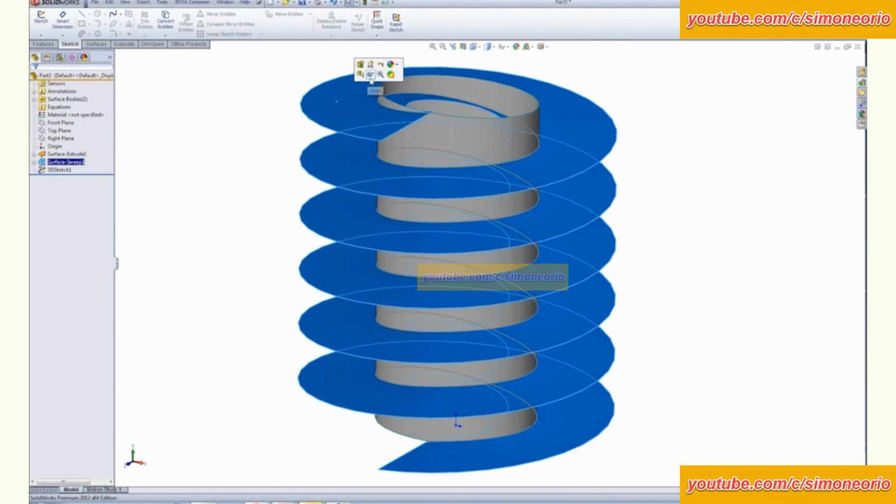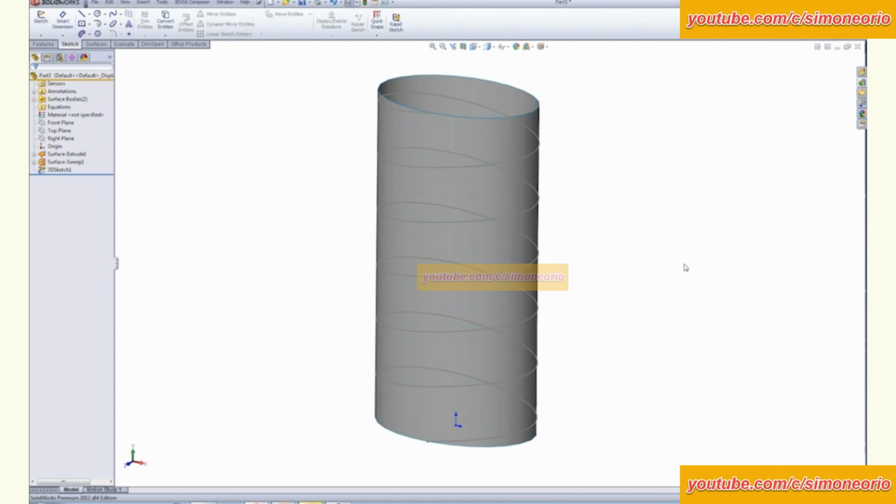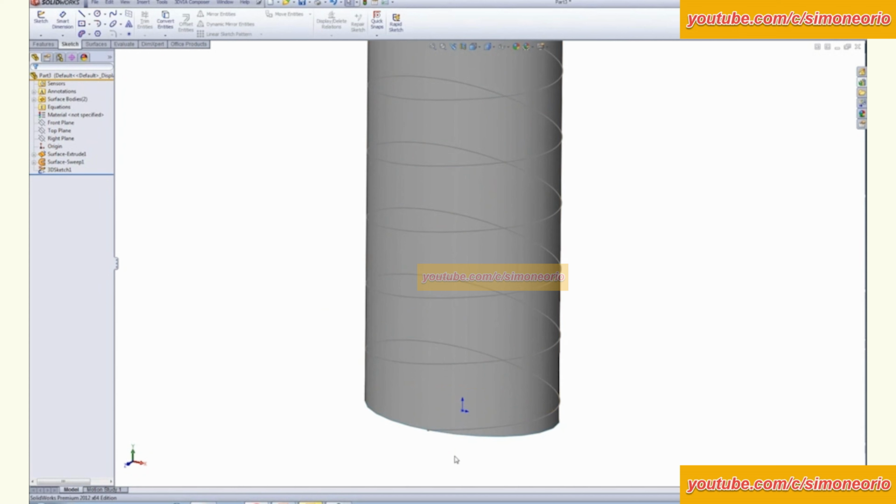Let's go ahead and hide this surface here. And there you go. One of the things you can do, you don't typically have to, but you can make this into a comp curve. In our case here in a presentation, it's a little easier to see if I turn that into a comp curve. But one of the things you can do from here, say we're going to turn this into a spring,